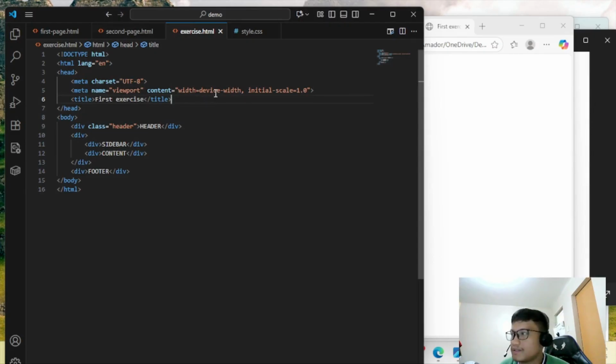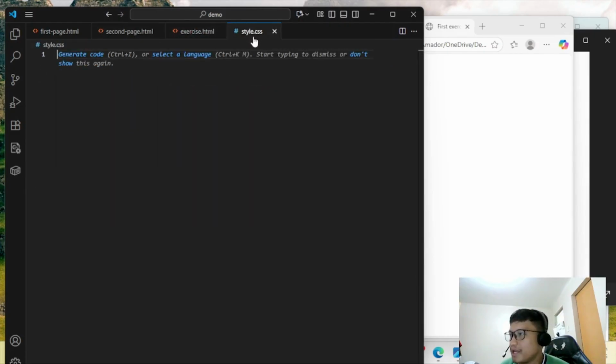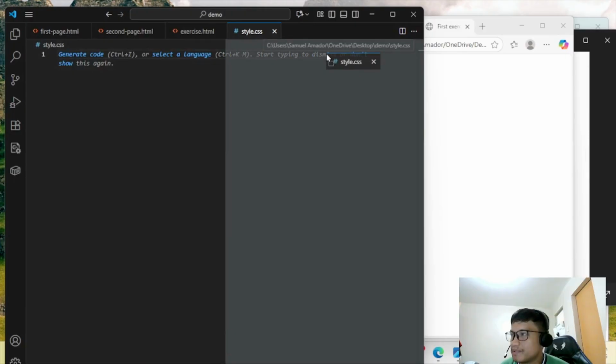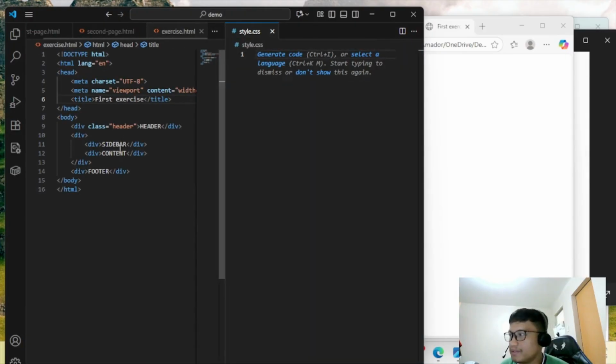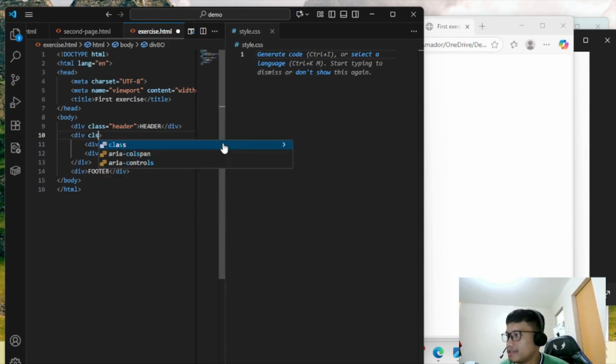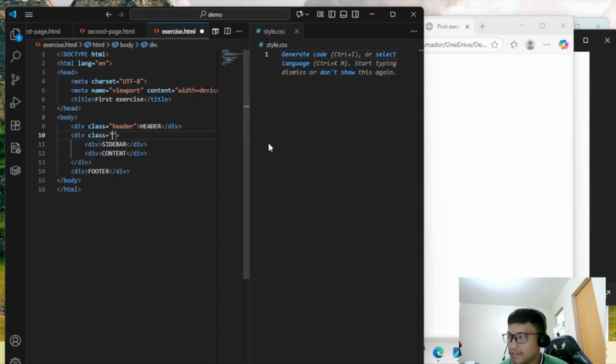Okay. So I'm going to use the same CSS. I'm going to put this one on the right so we could easily make changes. So let's say this is body, and then we have here footer.